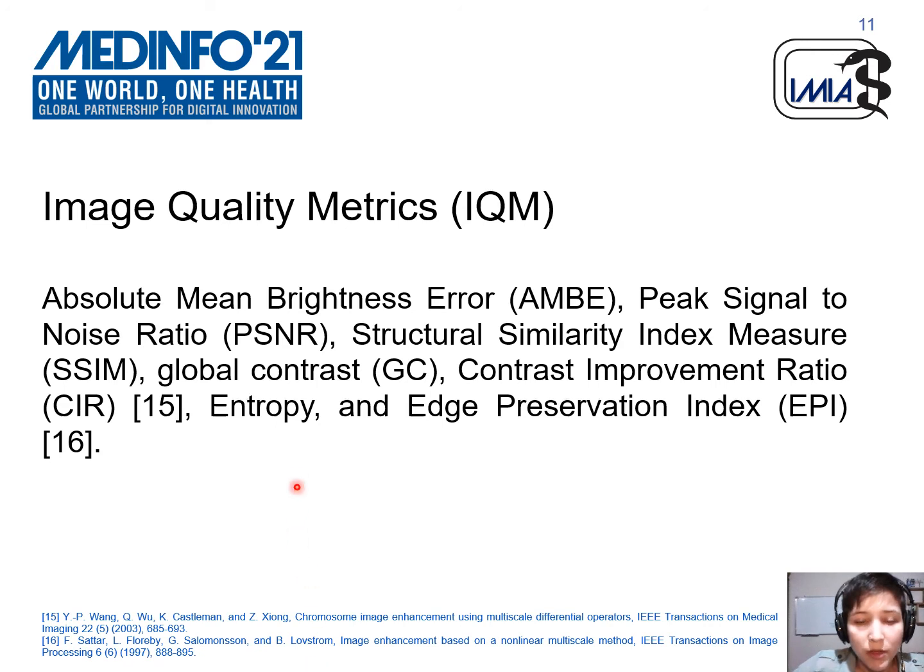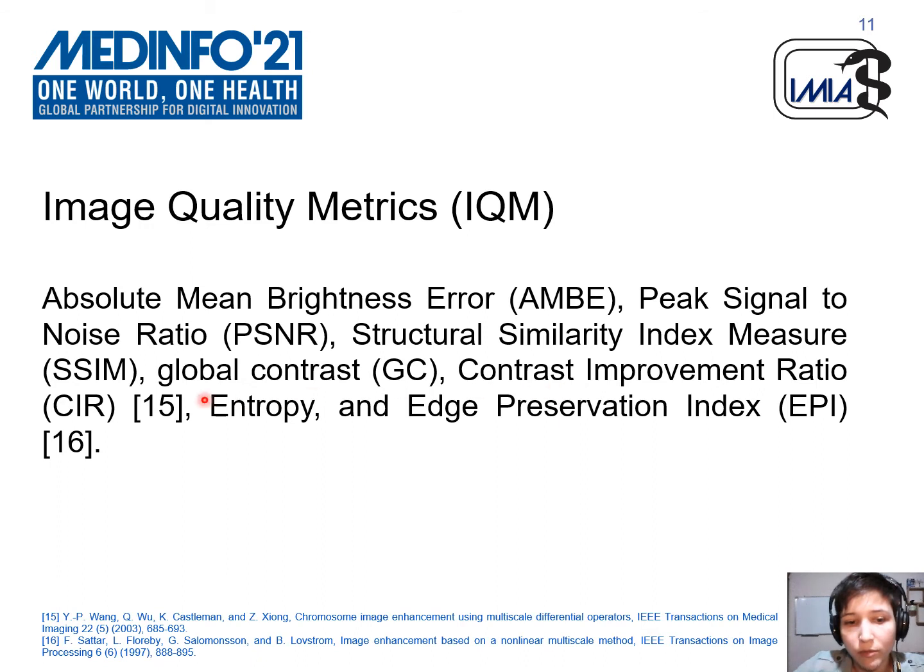The image quality metrics used to evaluate the outcome of the IET were the absolute mean brightness error, which gives us the difference between the brightness of the input image and the output image, the peak signal to noise ratio, which measures the amount of noise and distortion introduced to an image, the structural similarity index measure, which takes into consideration the difference between the brightness, the local contrast, and the correlation between the 2 images, the global contrast, the